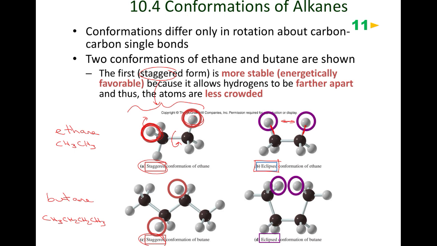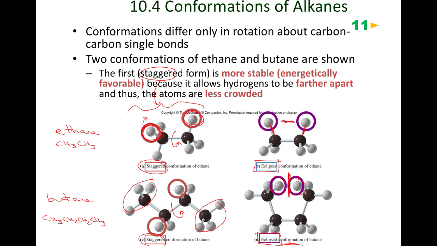Even more so on the molecule of butane, if we were to do a rotation around this bond such that you get this CH3 group coming in close proximity to this CH3 group, so that's these two groups here. They just circled one hydrogen atom here, but now you can see they're very, very close to each other, and that's a very high energy or energetically disfavored conformation. So these are called the eclipsed conformations. Again, the best way to visualize these is by holding a handheld model, but hopefully just by looking at these ball and stick models,